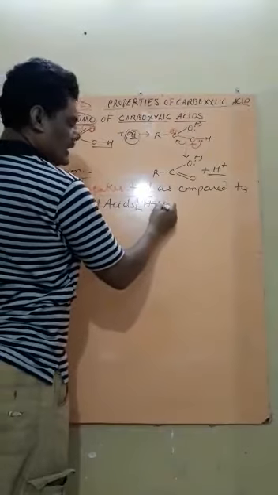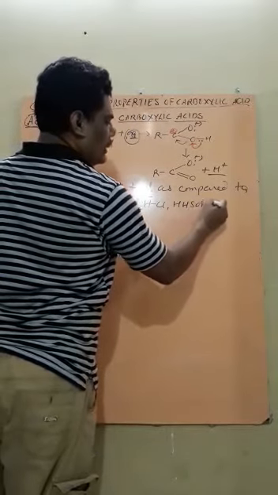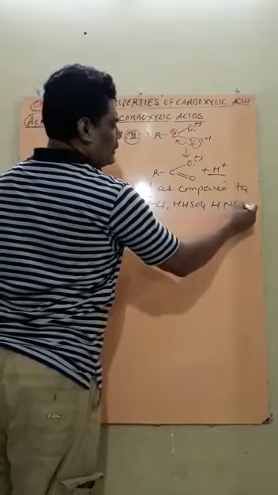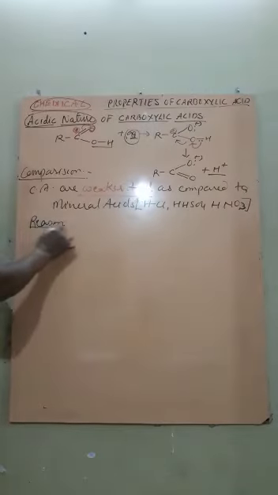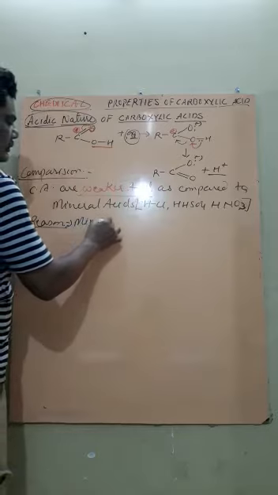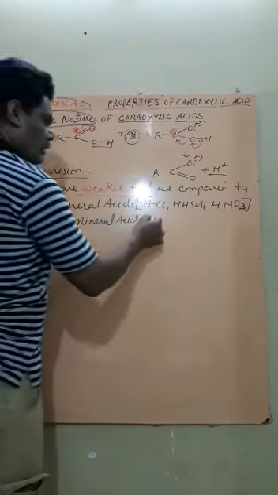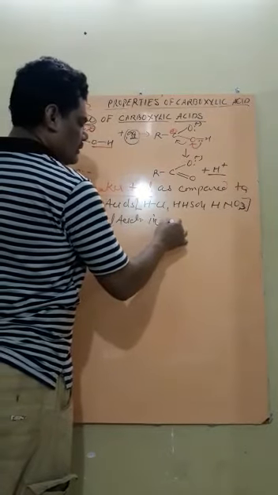These are HCl, H2SO4 and HNO3. Actually, why? Reason. Mineral acids in aqueous solution